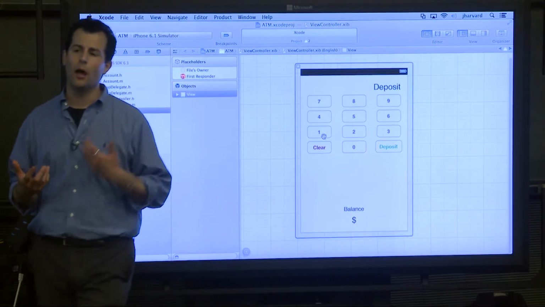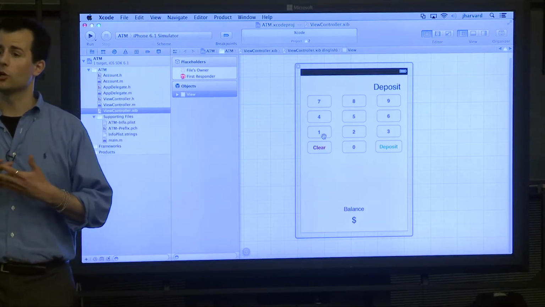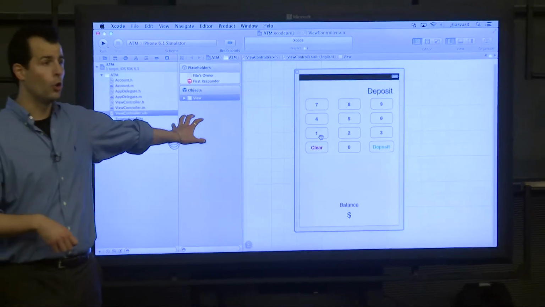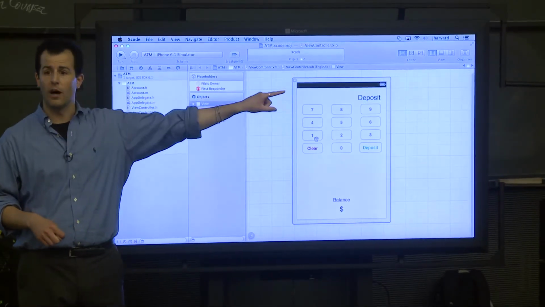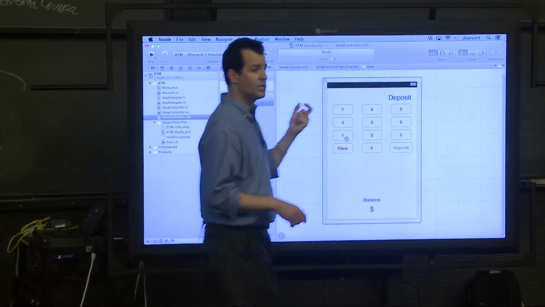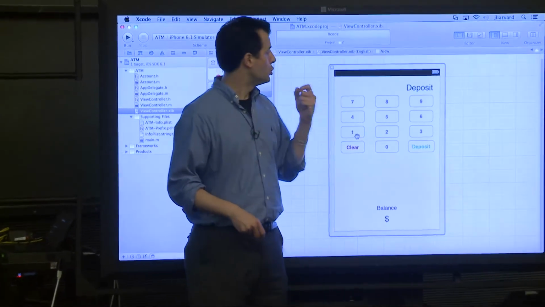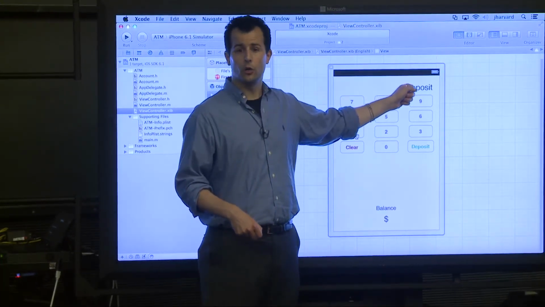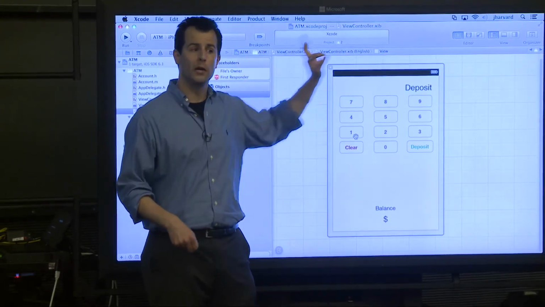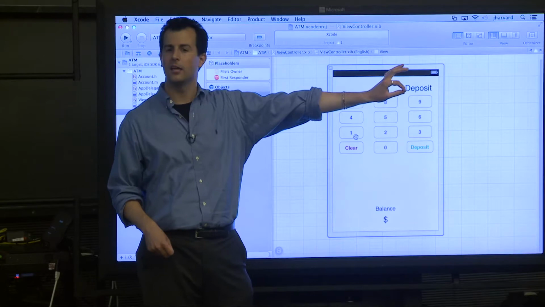So we somehow need to represent a few things that are going on here. One, all of these buttons need to be somehow connected to my code so that when I push the number 5 and then the number 0, a couple of things happen. One, those numbers get saved in RAM somewhere. Two, they display like a calculator would, 5, 0 up here. So I somehow need my code to talk to my interface, which is going to require an